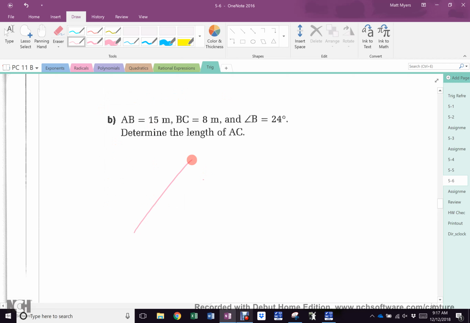AB is 15. BC is 8. Angle B is 24. Once again, does it matter how I draw the triangle, or is it only there for illustrative purposes? Illustrative purposes. This is not the triangle. It just sets it up. Now you have,